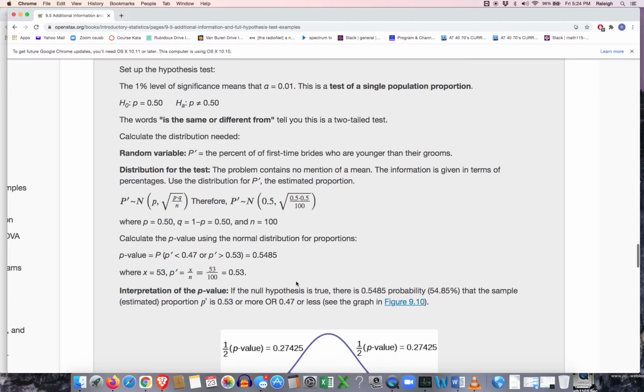So let's calculate the p-value and see what we would have. For a two-tailed test, we are interested in the p-value being at least as extreme as the value. So I'm going to focus on the 0.53 and above, but because it's a two-tailed test, we do actually have to go 3 places away from the mean on the left side as well. Here's the picture. And yes, we did get P prime to be 53%. That was kind of easy, 53 over 100, 0.53. And the right tail is pretty easy to see. We're looking for things that are more